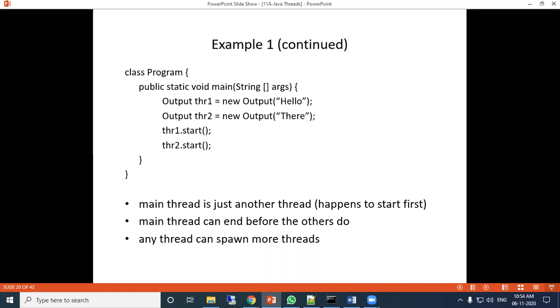Okay, and once it is started, then you have to stop it by using any other method, or you have to terminate it by force. Okay, so we have seen this program in the last class.